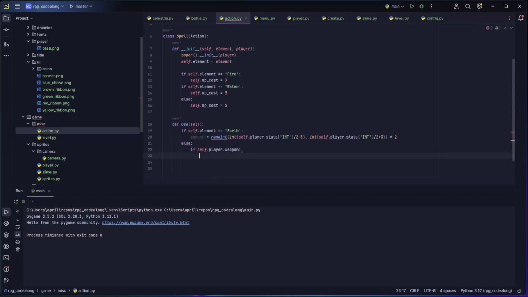But if they have a weapon, let's see. The weapons are going to be stored in game, because I can't put the class in the player. Or yes, I can. Okay. So